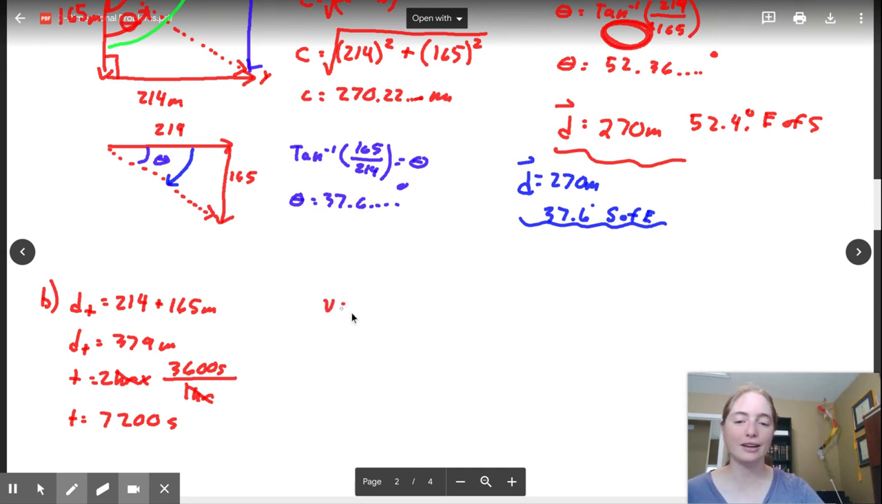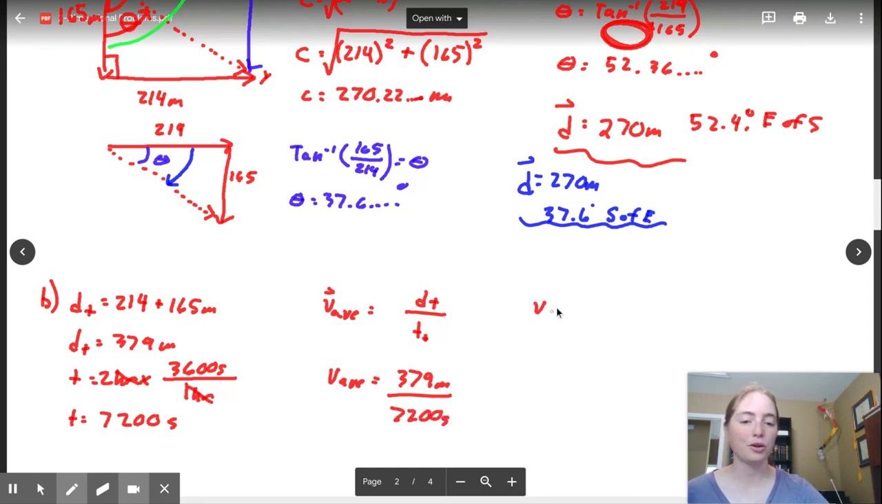So you've been asked to calculate your average speed. So your V average, let's make that a bit neater, is equal to your distance total over your time total. We've already calculated our distance total of 379 meters. Your time total is 7,200 seconds. You are going to plonk that into your equation, and once you put that in and do your math, you are going to get